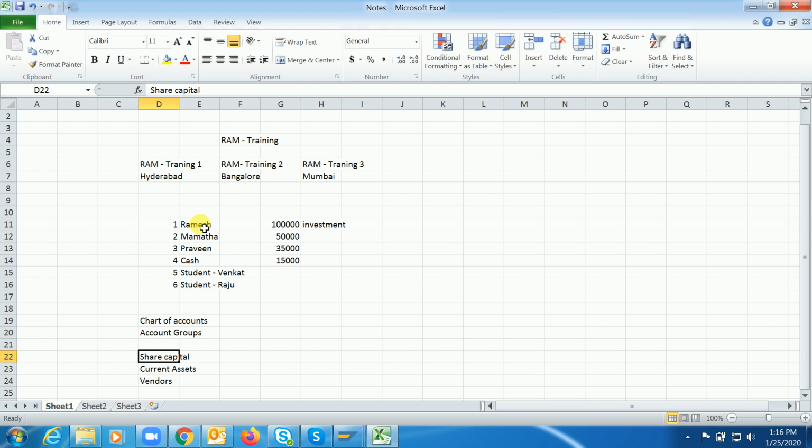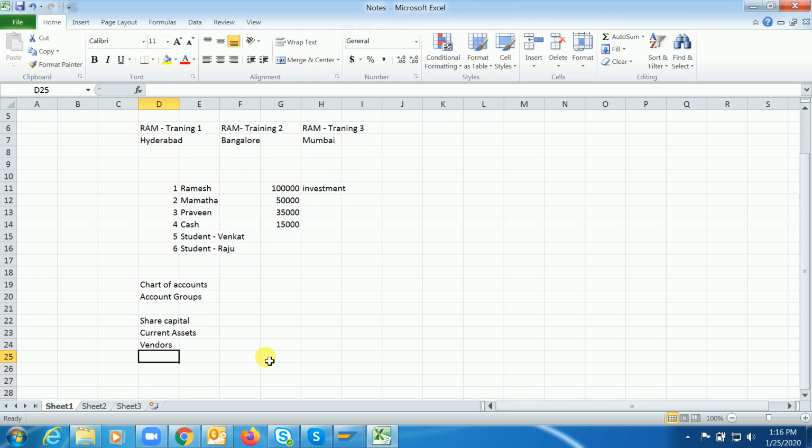I care about each and every thing, but the government doesn't want to check into each and every thing. If they want, we can provide it, because under share capital we have these many, so we can give it to them. But on the face of the financial statements, I can show 1,85,000 as my investment, 15,000 as my cash, vendors, these many. Like this we can show. So it's about the business environment, guys. Depending upon the business environment,